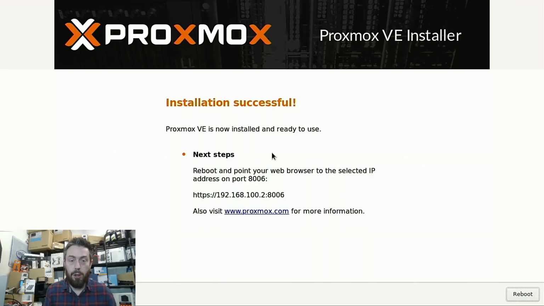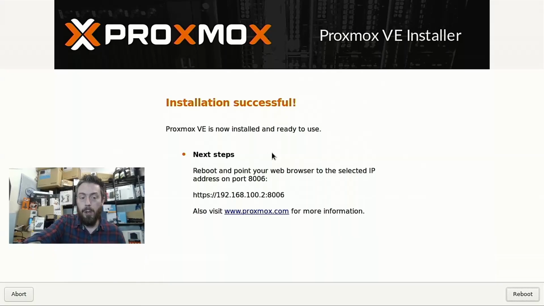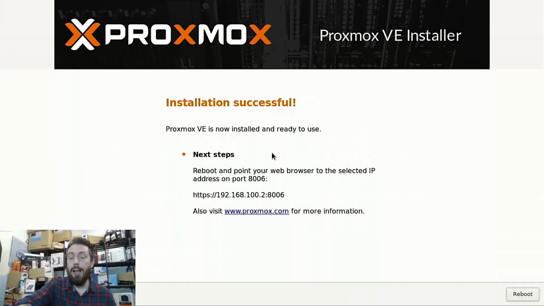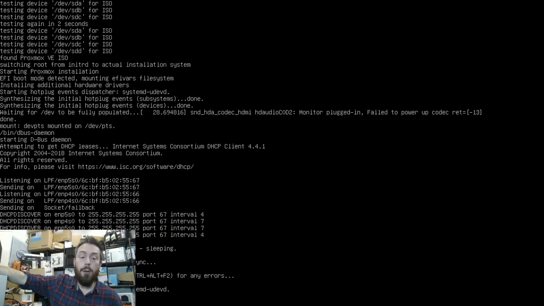We now have the options to reboot on the bottom right of the screen, and I've selected the wrong screen there to move, or we can abort and return to that original screen. If we go for that reboot option, it's worth highlighting the system is going to try to reboot from the USB in this architecture. So for now, I'm going to power down the system, and again, you can just press that reboot or allow the system to do its own thing.